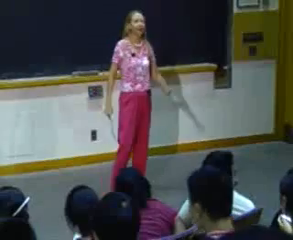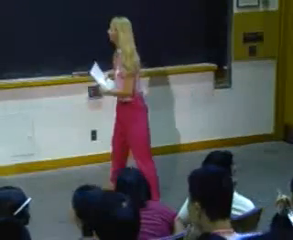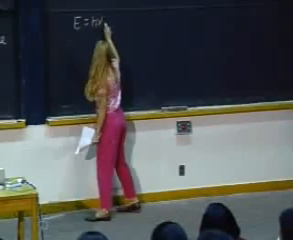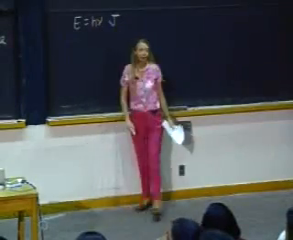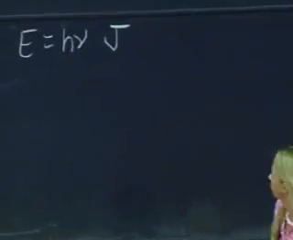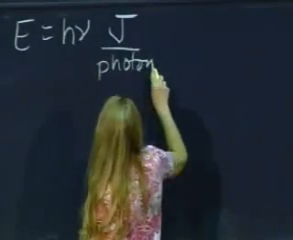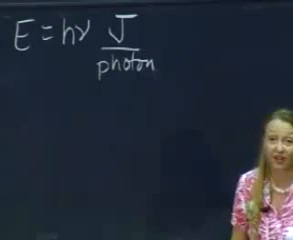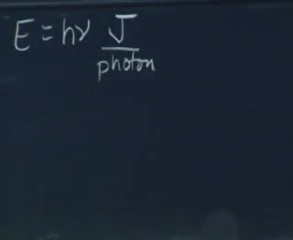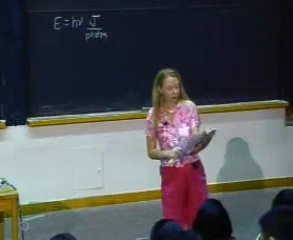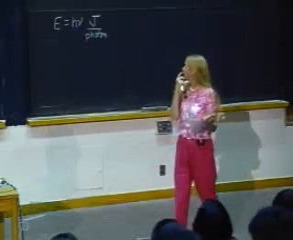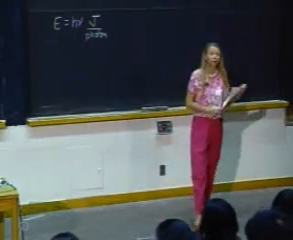First problem says, how many photons? And remember what we said a photon was. E equals h nu. This is the number of joules. Implied is the number of joules per photon. Although we don't usually write this, that's what that is, joules per photon. You may want to write it as you do these problems. So how many photons